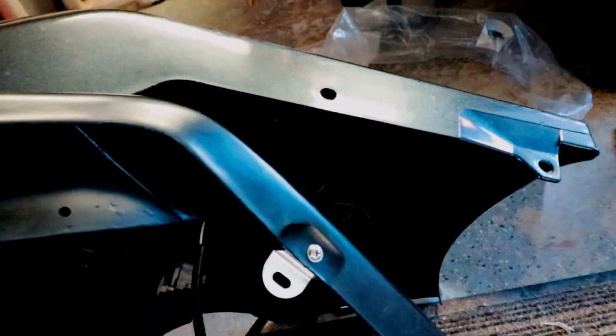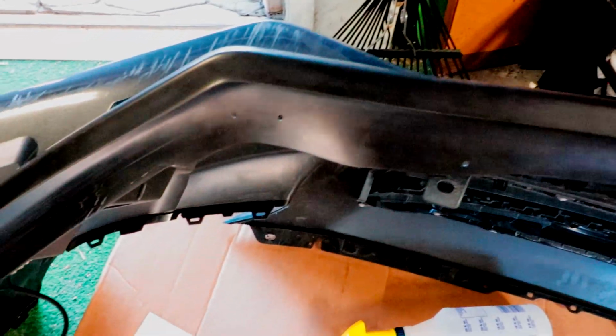So I'm going to put you back on a time lapse. This is pretty simple. We're just going to be screwing things together. I went a little bit extra, to be honest with you,